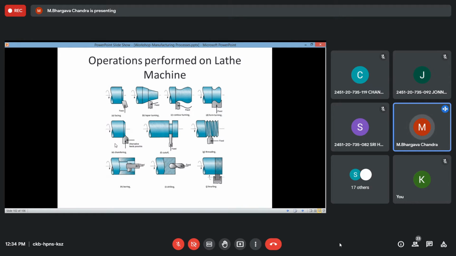Then we have the chamfering operation, where the edge of the cylindrical component is tapered or chamfered so that you can avoid the damage which may take place because of the sharpness of this circular edge of a cylindrical component. So the angle is given here, chamfered at an angle of something like 45 degrees, for the purpose of safety.